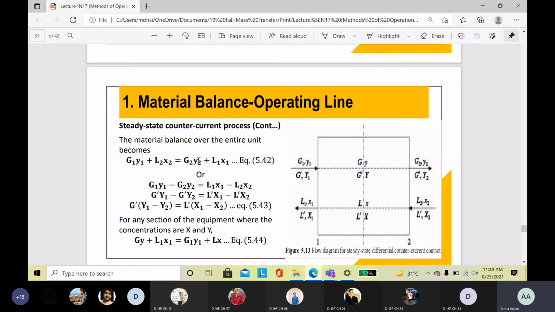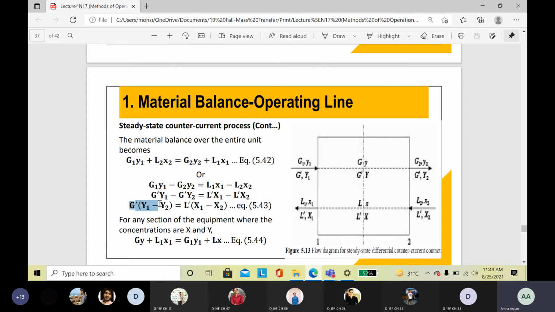So G1 Y1 plus L2 X2 equals G2 Y2 plus L1 X1. रीअरेंज करेंगे इस इक्वेशन को हम, तो हमारे पास आ जाएगा G1 Y1 minus G2 Y2 equals L1 X1 minus L2 X2. फर्दर हमने इसे लिखा है इन टर्म्स ऑफ G prime, तो हम लिख सकते हैं G prime Y1 minus G prime Y2 equals L prime X1 minus L prime X2,